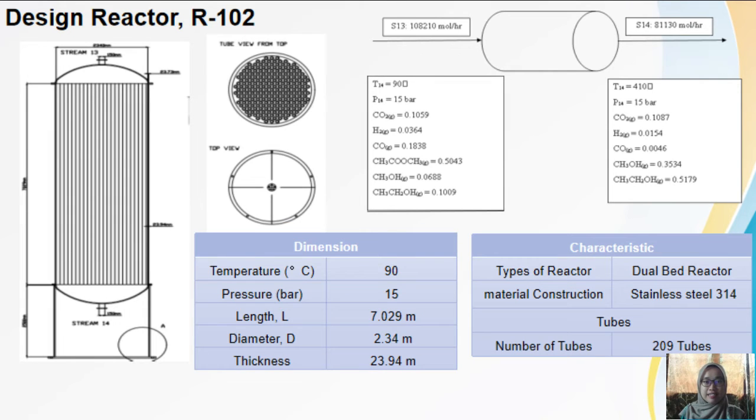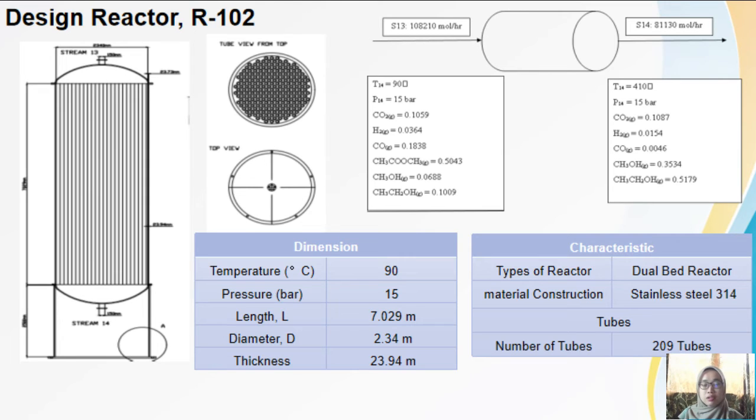For reactor design, first of all, the process of the reactor is to produce ethanol. So for the ethanol synthesis, the reactor will be a dual bed reactor. For the inlet of this reactor, the pressure and temperature are 15 bar and 90 Celsius, followed by the outlet, where the temperature will be increased to